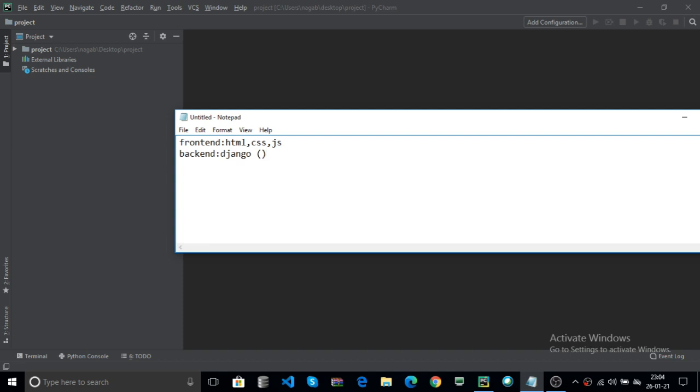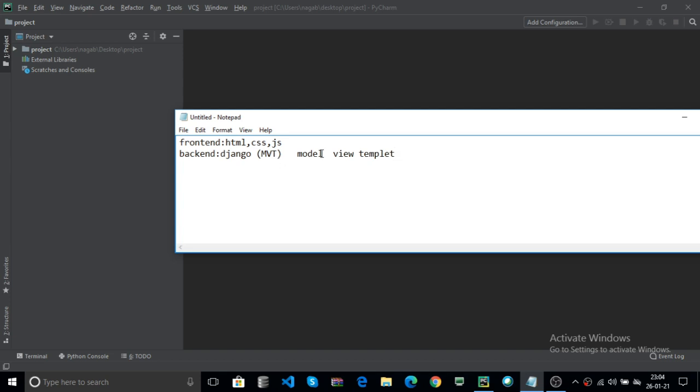Now Django follows the MVT architecture. M means model, V means view, T means template. Now what does model mean? It is the same as your database table. The view is used to do something, that is, to write your Python logic in the view. The template is used to write your front end design like JS, CSS, HTML.